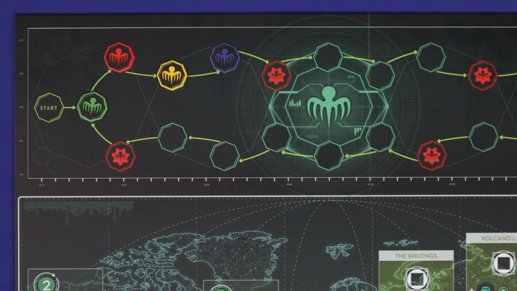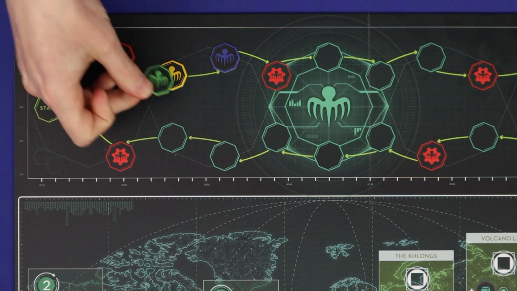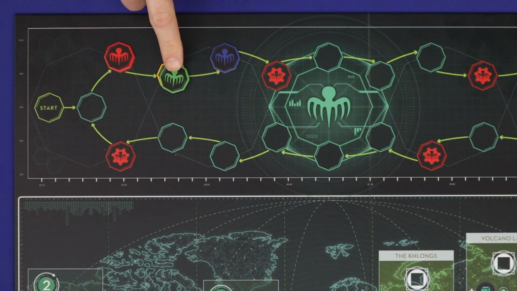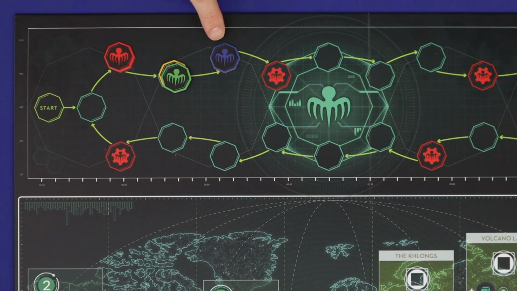A couple of other notes on the Spectre track. When you advance, if you land on a space where there is already another player, you place your marker on top of the stack that's there. The topmost marker in a stack is considered to be ahead, so at this point the order would be blue,